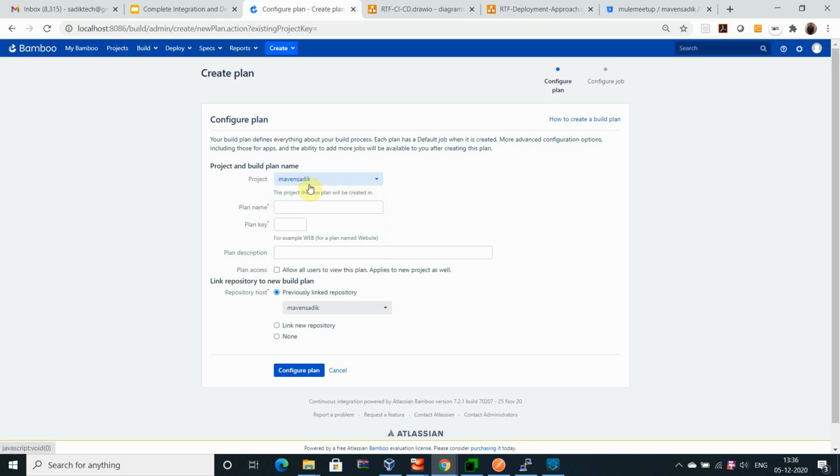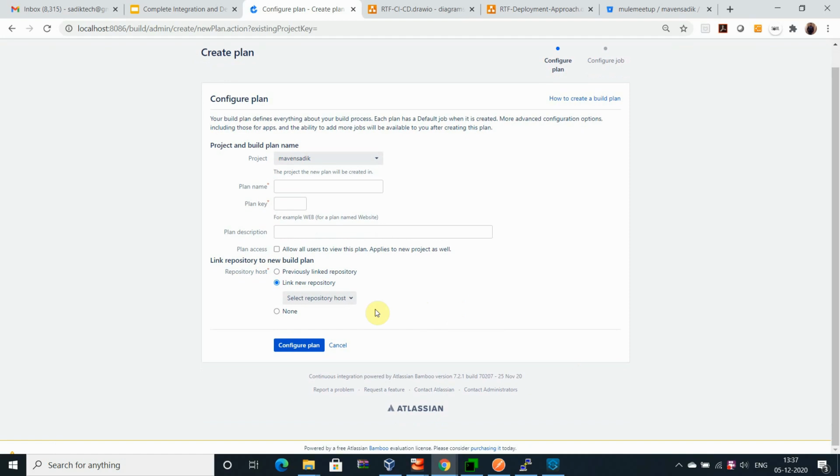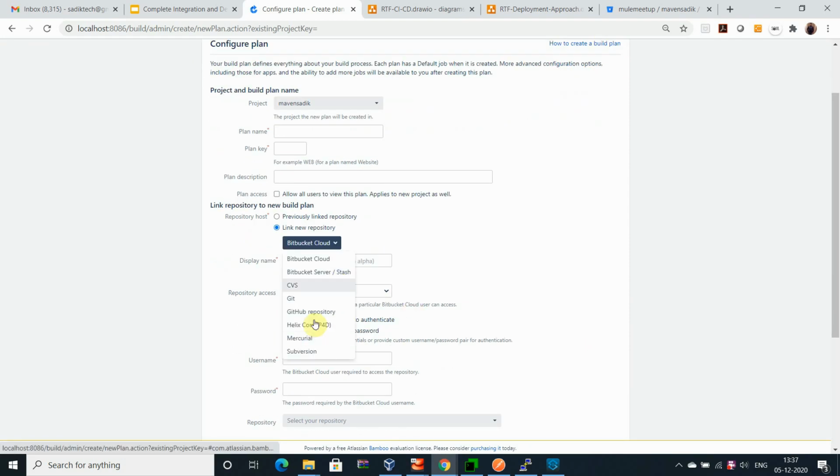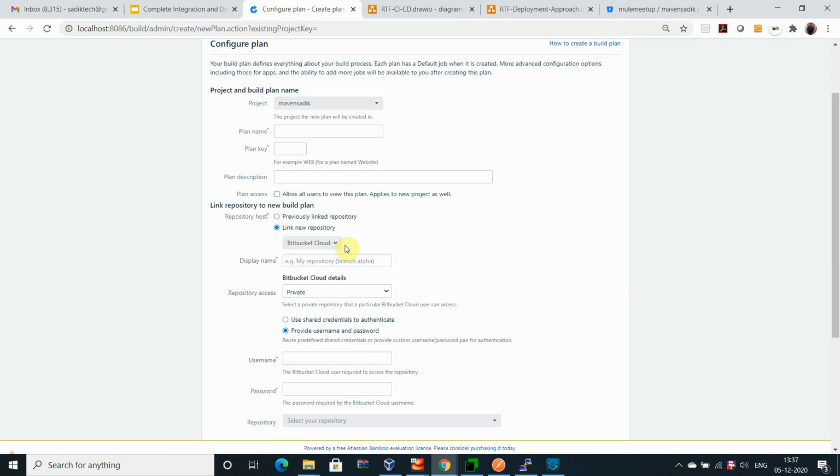Once the project is there, this is just the key, you can define anything, and then you have to link the repository. Like I have linked my repository here. Otherwise, if you want to link some other repository, you can check the number of repositories here, so you can link any one. Then you can display the name, and you can see the public.